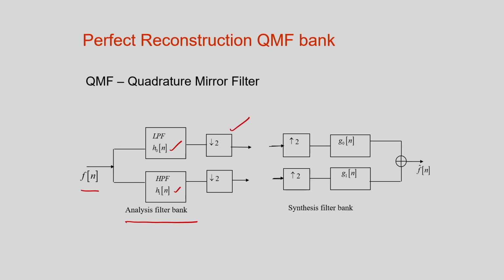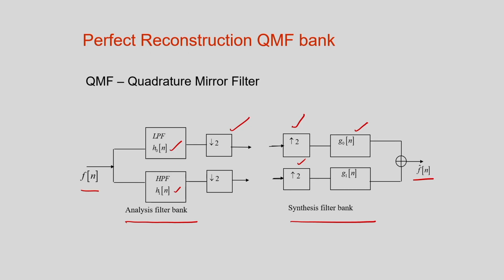And for the reconstruction, for the synthesis of the signal, we do just the opposite. We have to do the upsampling of the signal, and after this again I am considering the synthesis filter bank, that is again the low pass filter and the high pass filter. So G0n is the low pass filter and G1n is the high pass filter. By considering this I can reconstruct the original signal. You can see this is the approximate reconstructed signal by considering the low pass filter and the high pass filter.